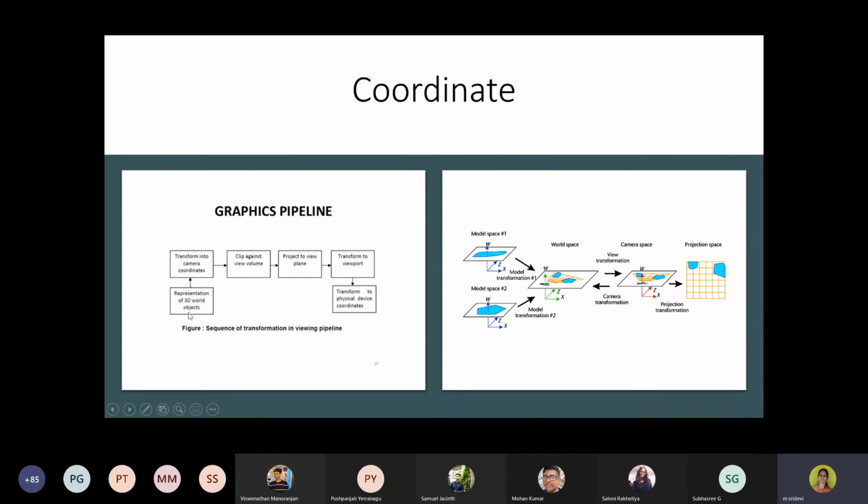So we need to represent a 3D object. After representing, we transform it into camera coordinates, and then we have to clip again to the given view volume and we have to project it. After projecting, the 3D object will be projected into a 2D object for display. The display devices use device coordinates. So this is the general pipeline in the case of computer graphics, and